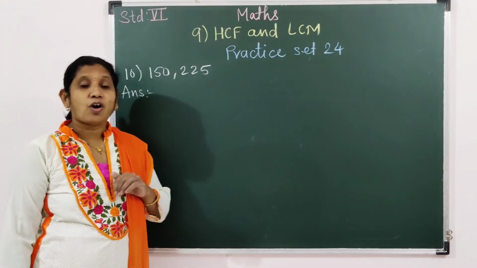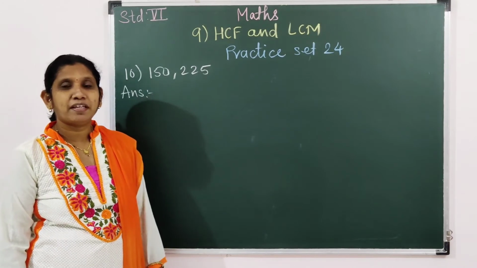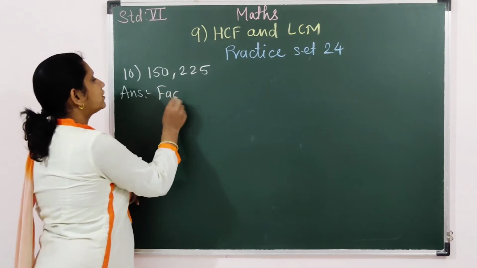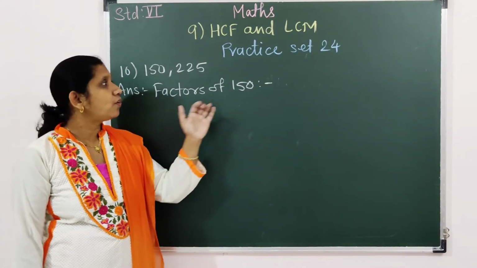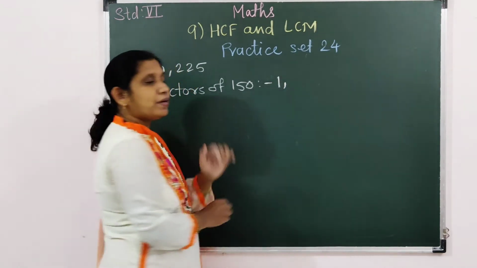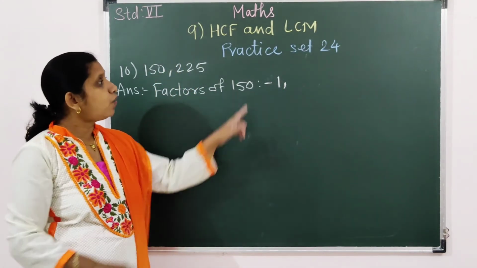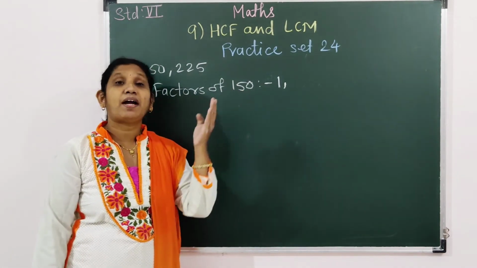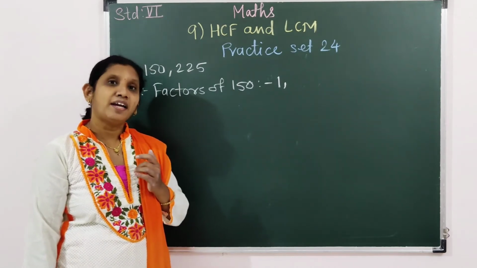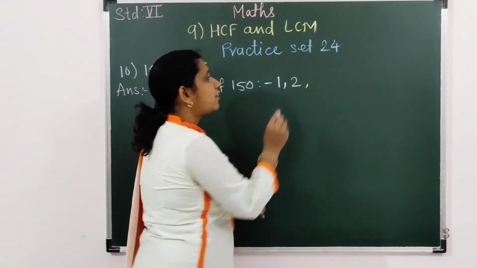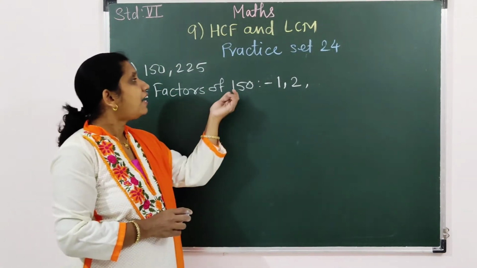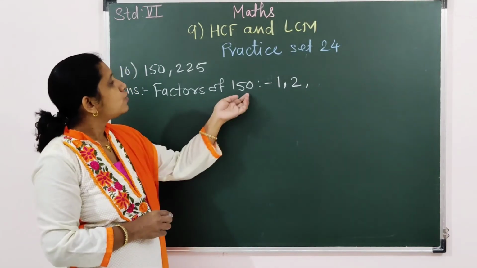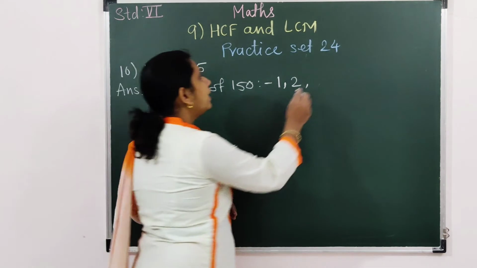But we have solved the 5th example also with such big numbers. Don't worry, we can find out the factors of 150 first. Factors of 150. Okay, now 1 is a common factor for all the numbers. Now the unit place digit is 0, means of course this number is divisible by 2, 5 as well as by 10 also. So let us write the next factor 2. See children, now let us add the digits. 1 plus 5, 6. 6 is divisible by 3. So 150 is also divisible by 3.